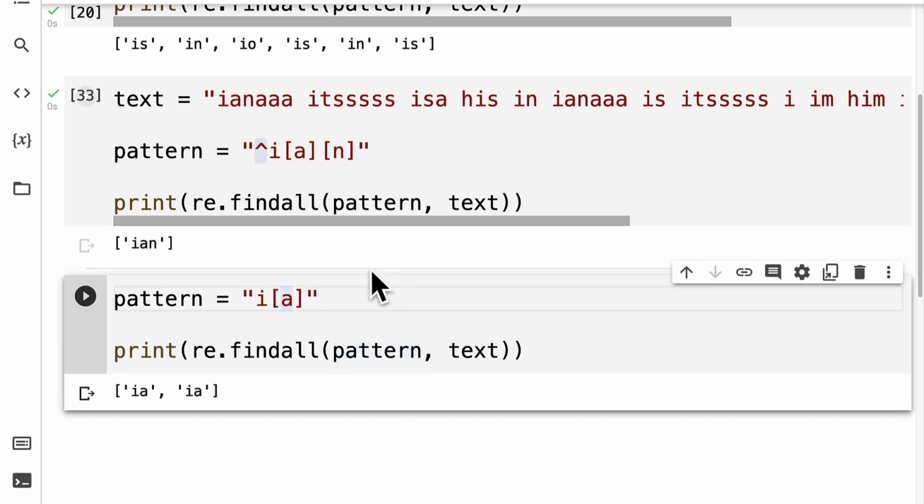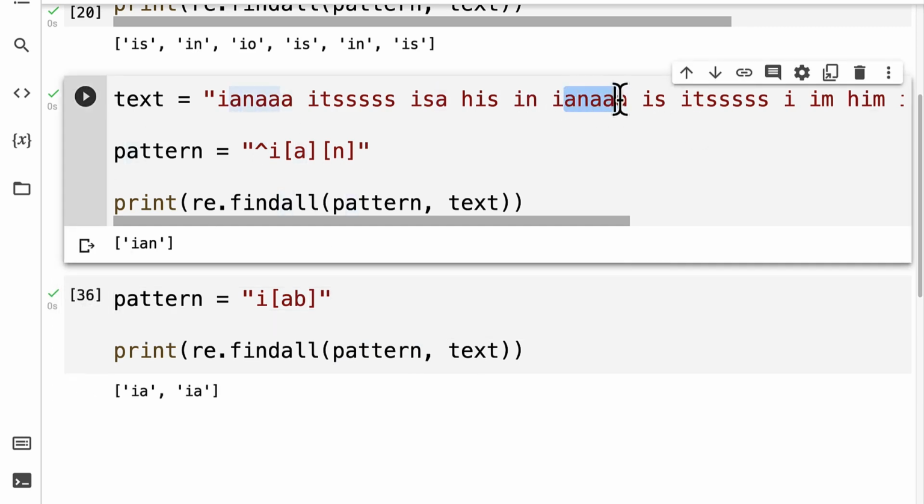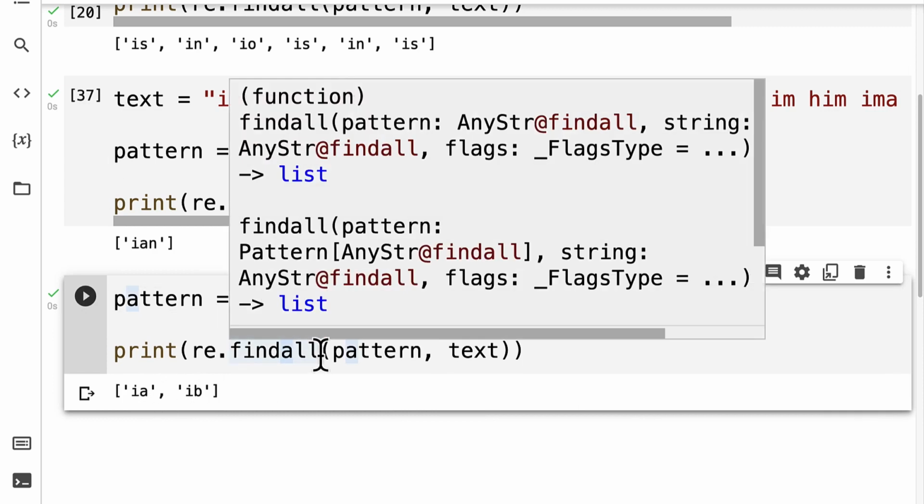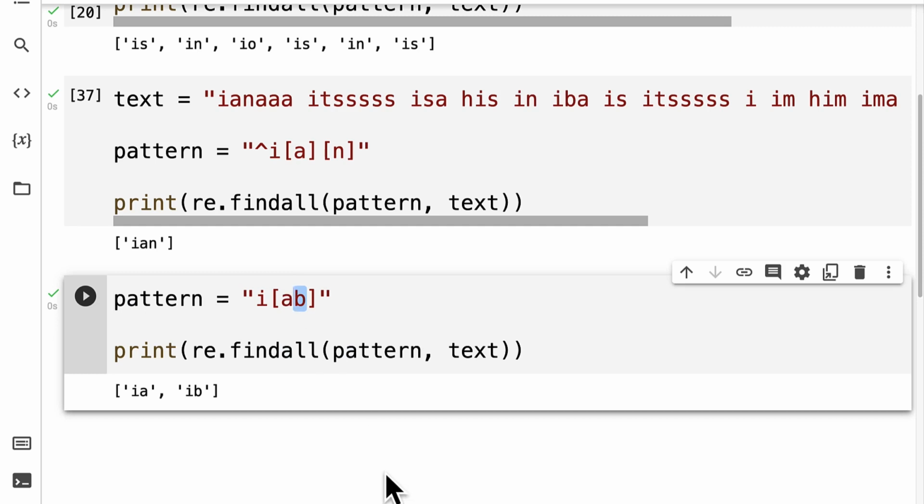We could also allow for more than one letter. For example, I could allow A or B, and in this case, if I rerun my cells, you can find IA or you can find IB. Okay, so that's because you can either have A as the second character or B as the second character, thanks to these square brackets. All right, so that is how we can set different patterns that we want to find